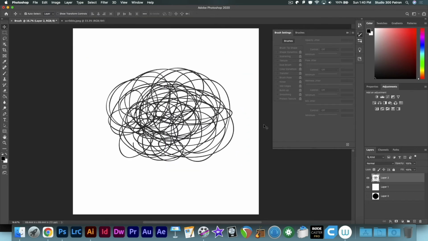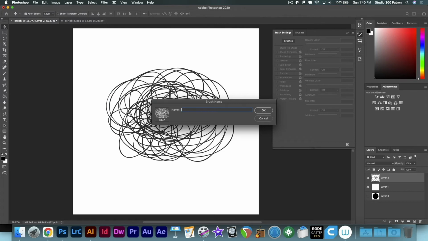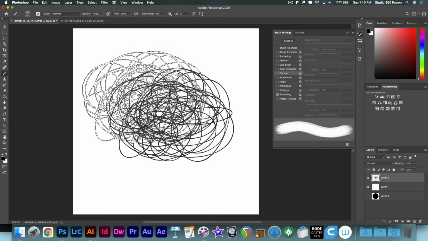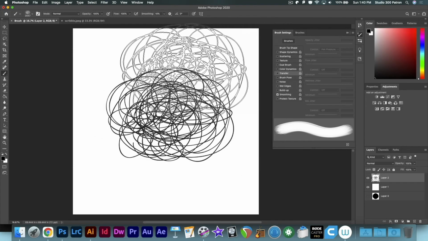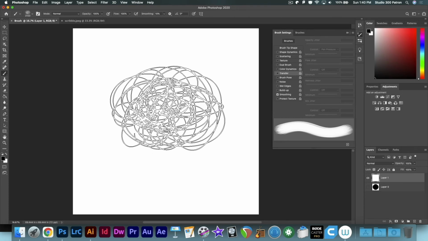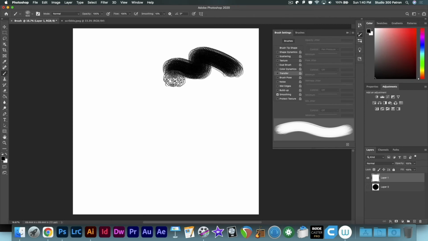But then once you have this drawing in your canvas, you do what we did before. You go to Edit, hit Define Brush Preset. I'm going to call this Scribble 2. And now I have my brush that's shaped like a scribble. So we're going to just clear this. And if I bring this down and just draw with it,